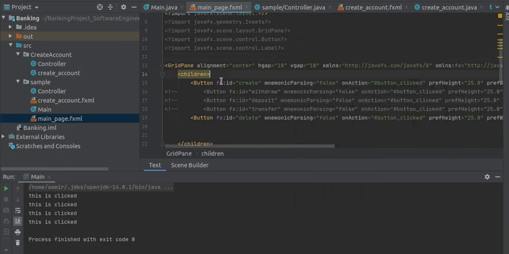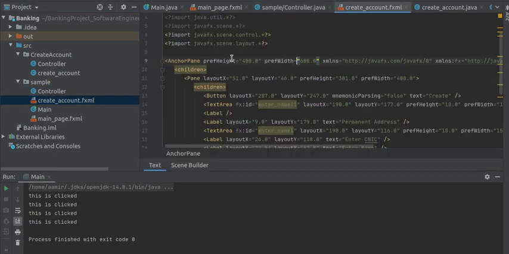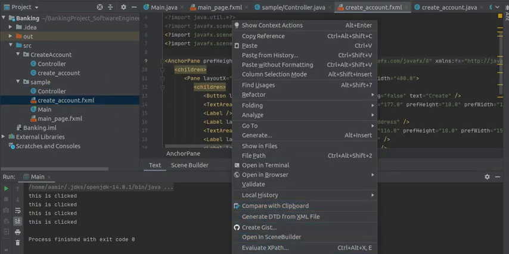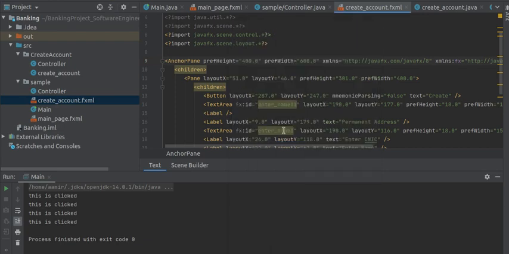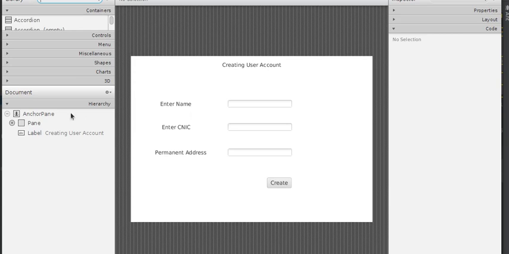So now what will I do in the controller class? If I click this, I will load the second fxml file. As you can see, this is my second fxml file. Open it in Scene Builder again. The parent should be kept in mind.